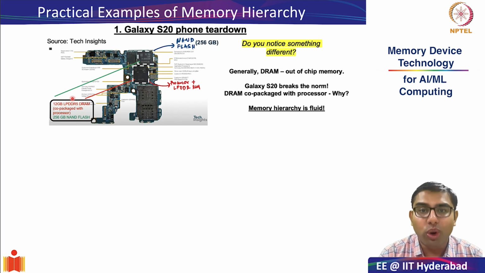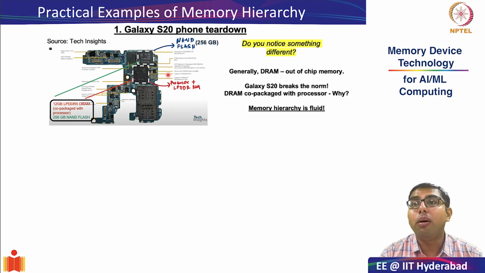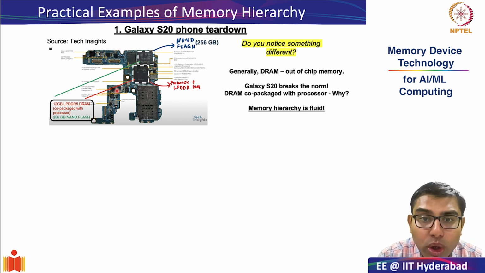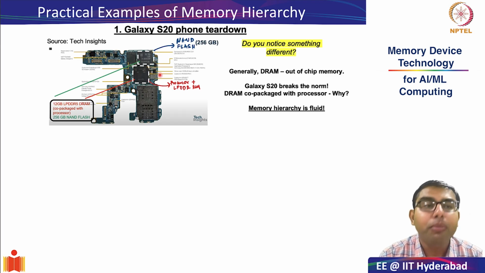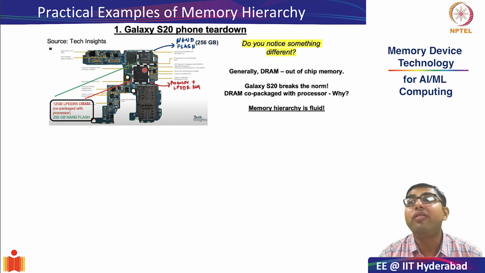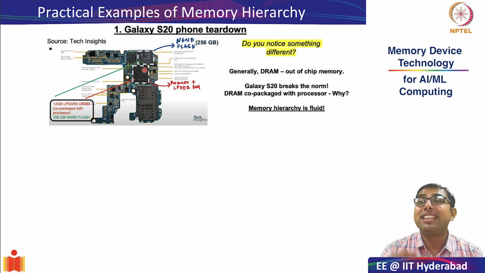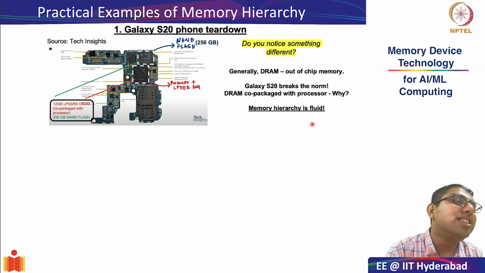It is very easy to understand that if the DRAM was separated from the CPU subsystem and put as a separate die, the wires that were connecting the DRAM chip or the main memory chip to the CPU subsystem would cause a lot of latency, right? So the essence of showing this example to you is to make you aware that memory hierarchy is entirely fluid and it is continuously evolving according to needs of computing.